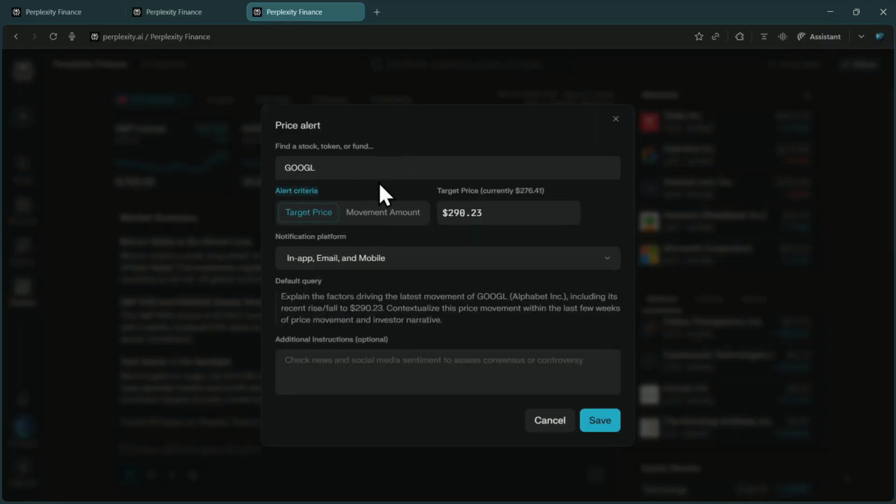You can set either a target price or a movement amount. If you choose target price, simply enter the price you want to be alerted at. Alphabet is currently at $276.41, so if I want an alert at $300, I enter $300. When the stock hits that level, I'll receive a notification with an explanation of what caused the movement, along with